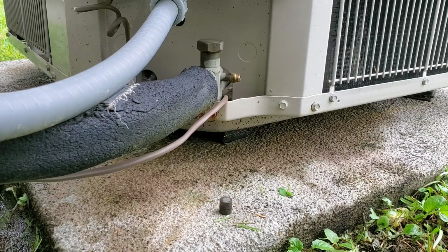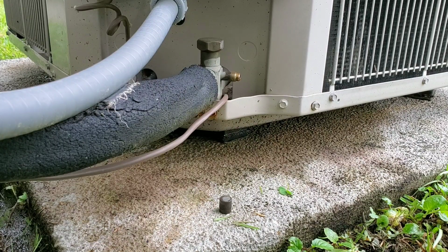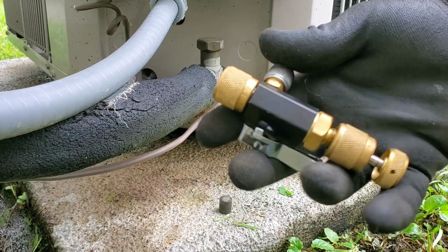What's going on, guys? I get a lot of questions and comments whenever I show any Appion core remover. Some people say they're very difficult to operate, difficult to remove valve cores. So I'm just going to show you how they work for me. So as you can see, we're going to be changing that valve core right there with just a standard Appion